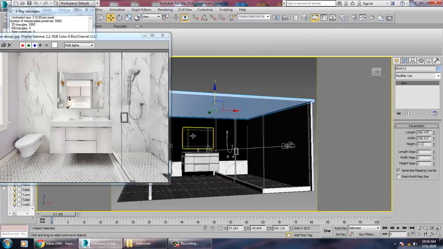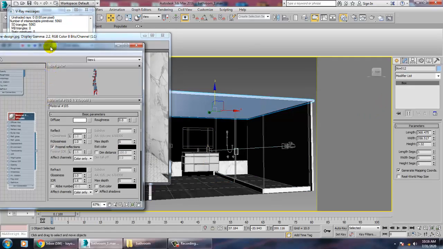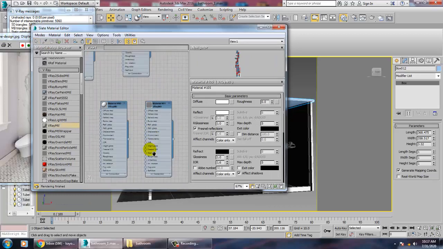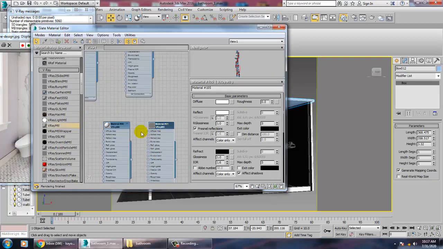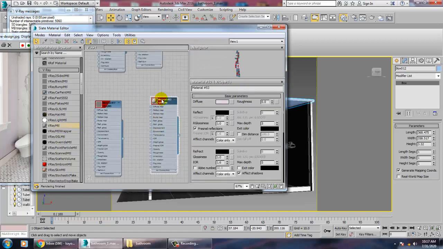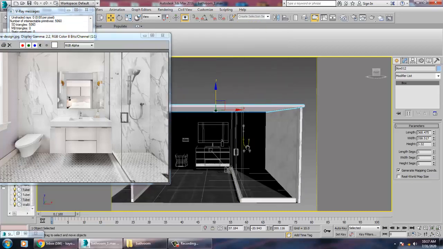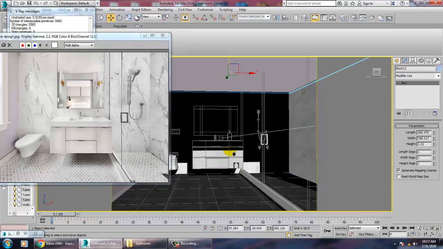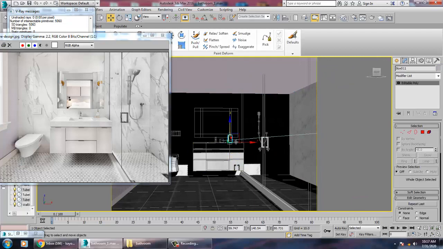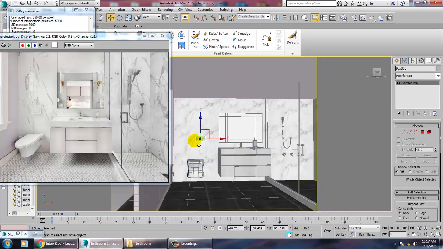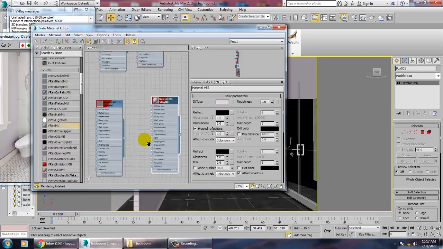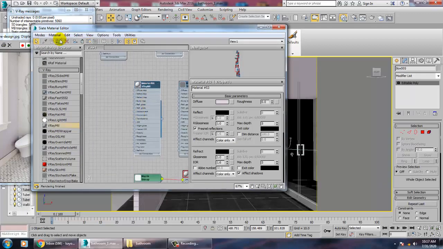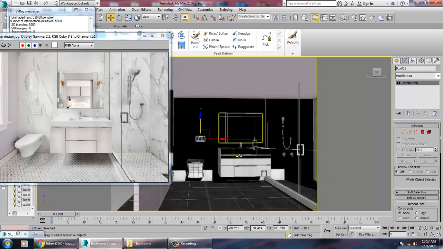For the roof, we can just give a plain color. Just give this plain color over here. That's it. And for the switches, we'll be assigning the same material, that white color on top of it.